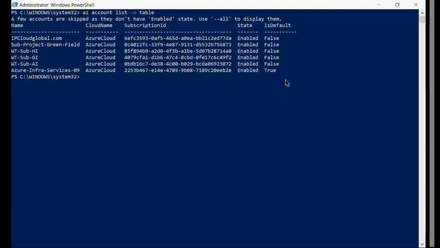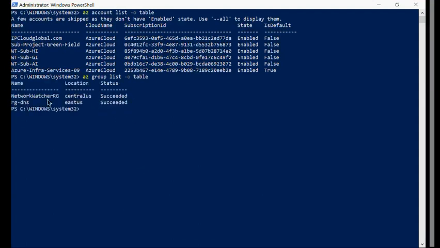So now I'm connected to this one. And I want to see what resource groups I have. So this is how I can check my resource groups. Once I see, yeah, I don't have a resource group for VNets, right?